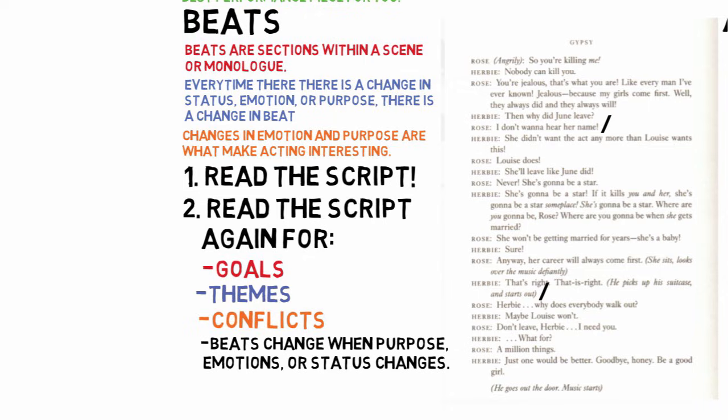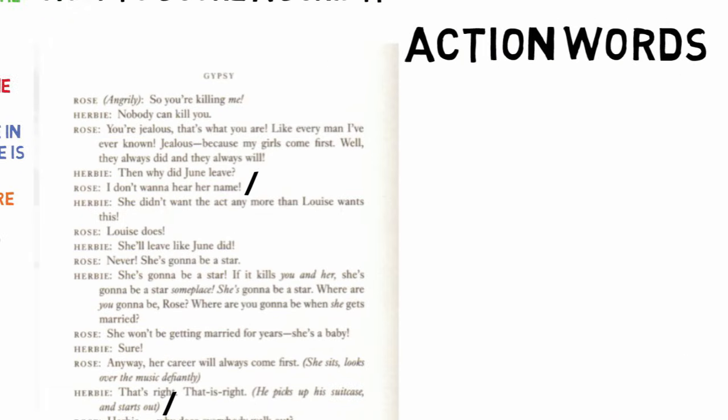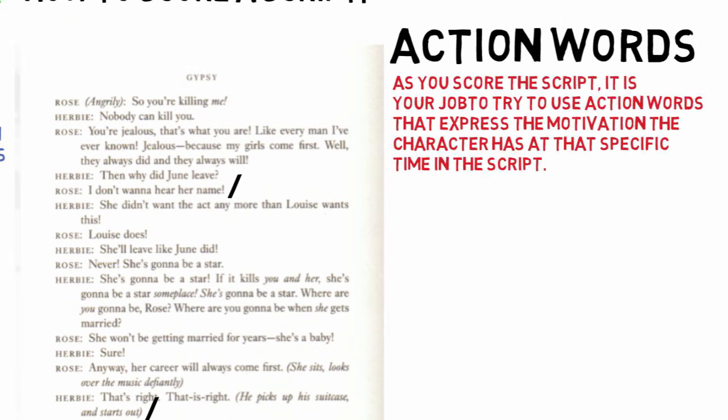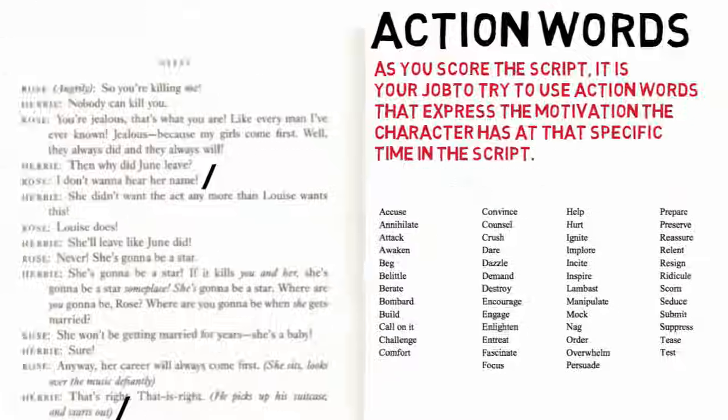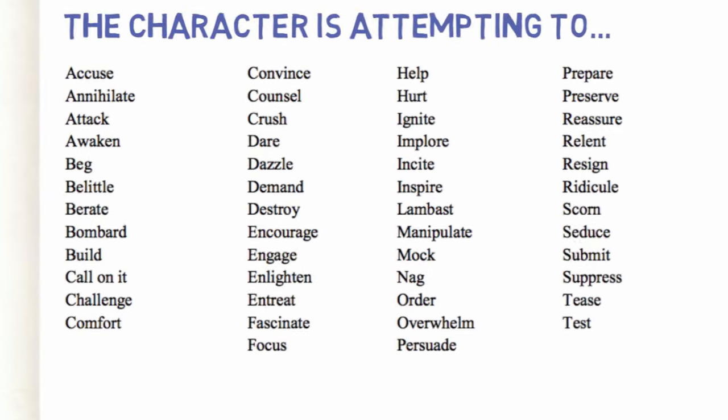When you have marked all the beats you can find, you should score the script. Action words are what you use in scoring. As you score the script, it's your job to try to use action words that express the motivation the character has at that specific time in the script. I will now show you a list of action words that might help, and I'll play some music while you're reading them. This is not a complete list of workable verbs. You may or may not find a verb here that works for your character, but this list is a start. You will want to say the character is attempting to